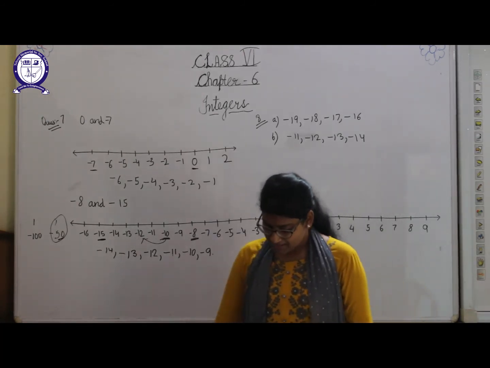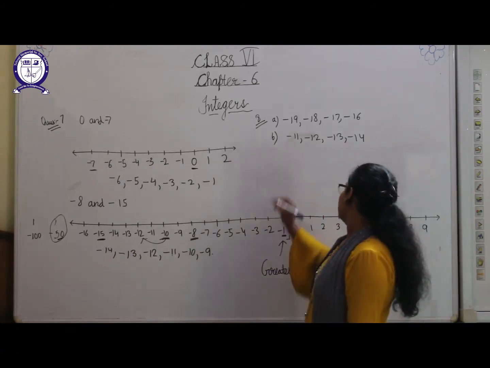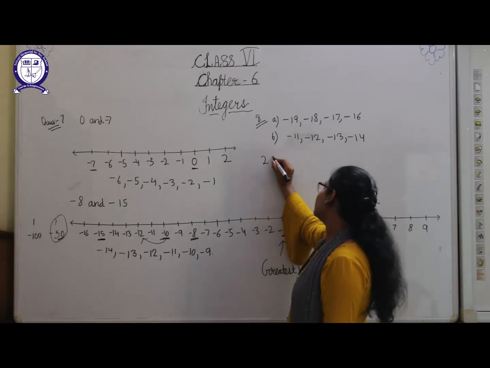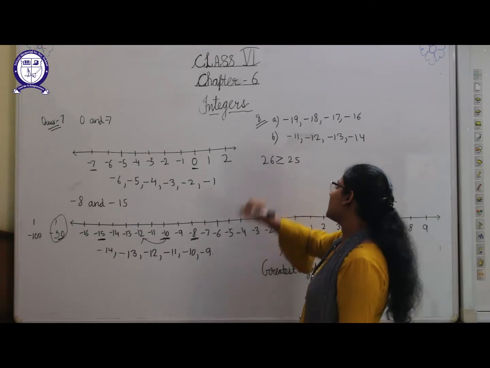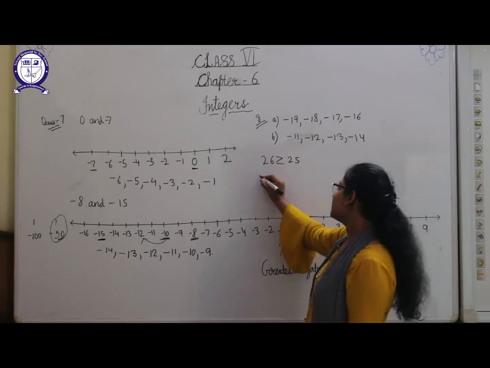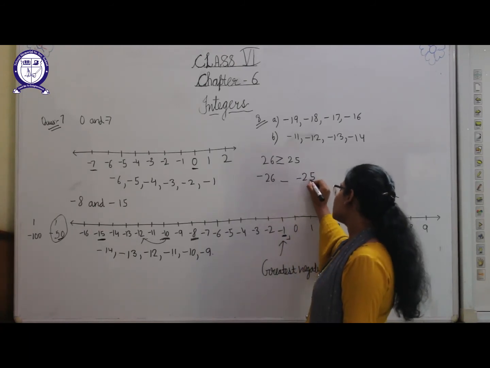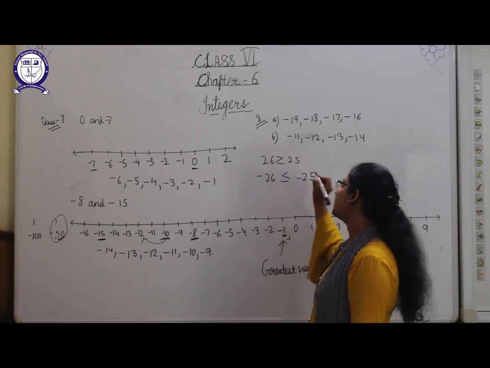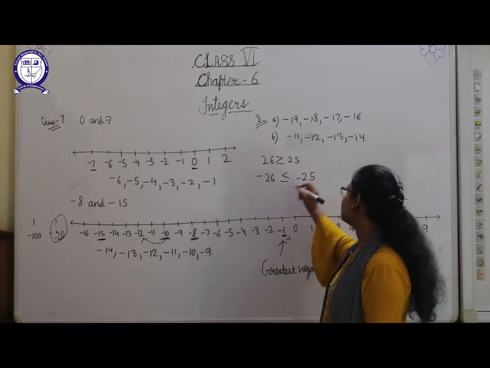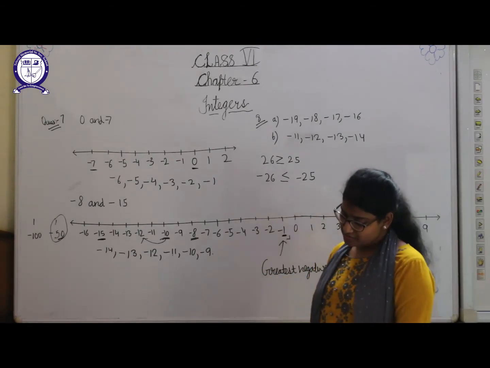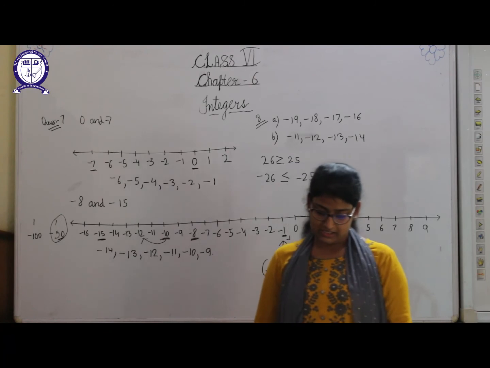Now last D part is: minus 26 is greater than minus 25. If we have to compare 26 and 25, what will we do? We will tell that 26 is greater, but as I told you, it is reverse in the case of the negative sign. In this, minus 25 will be the greater. Okay, and in the question it is minus 26 is greater, so this is a false statement. The true one will be minus 25 is greater than minus 26.